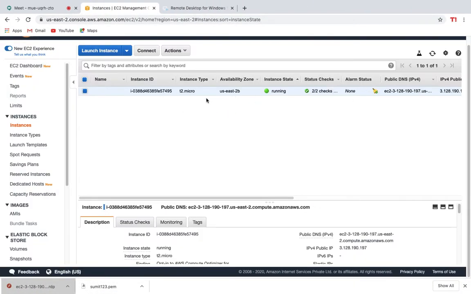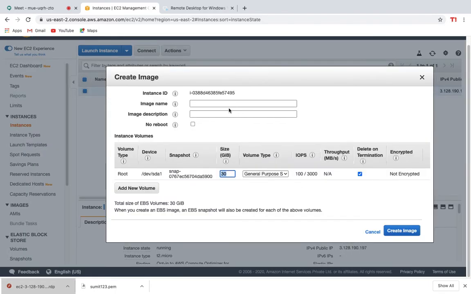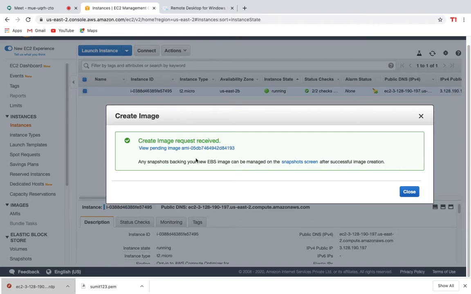So let me close. Once you are done with this, guys, under instance state you can stop, reboot, and always try to terminate it. Before that, you can create an image. It will ask for an image name, just keep 123. For description, just write image created.